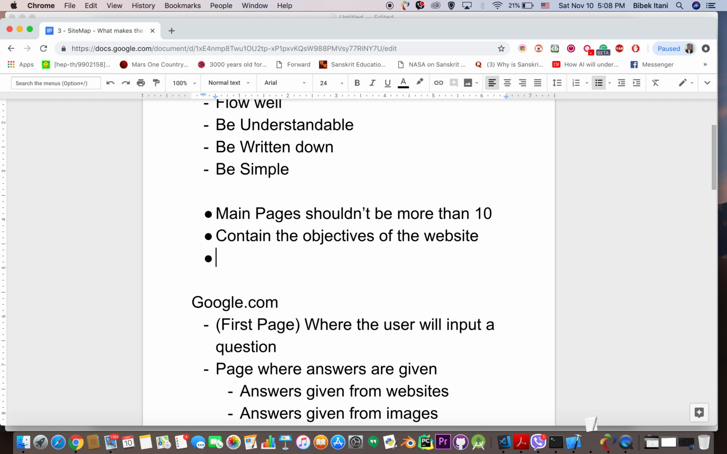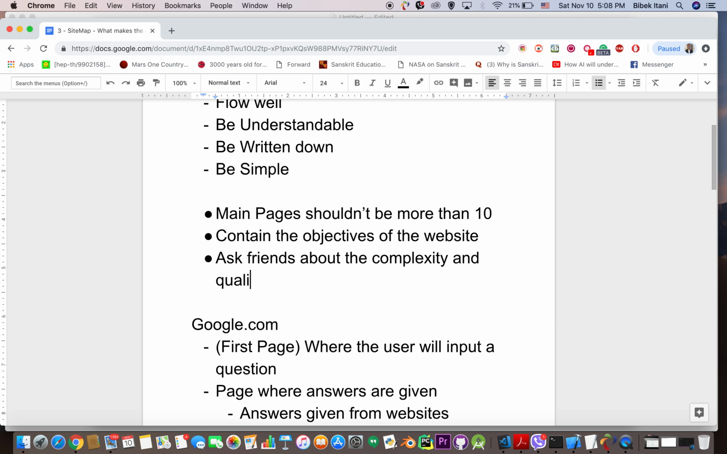And the last thing you should always do when you're done with your sitemap is ask friends about the complexity and quality of your map. So when you're done writing it down, maybe you've spent a week thinking about how your website is going to be developed, ask a friend, ask an average website user what he or she thinks about the flow. Or you could also ask a website developer what he thinks about it, because the sitemap is,